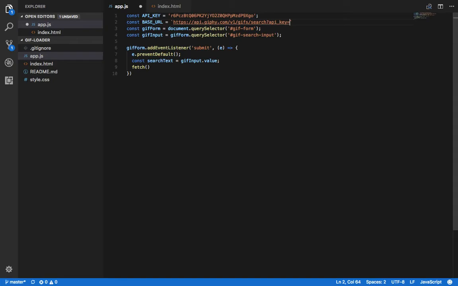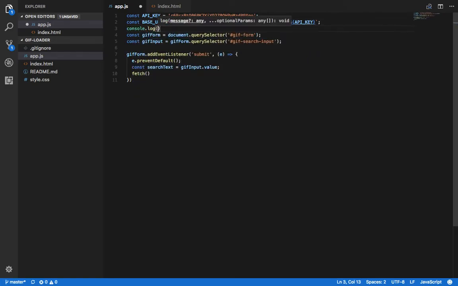Now watch this. You might be used to something like, hey, we do plus, and then API key. We're not going to do that here. The reason we're using these backticks is so that we can use something called a string template. And we do that by saying $, curly braces, and you can inject a variable in here. You can say API key in caps, just like how we have it. Just like that. So if I console log this out